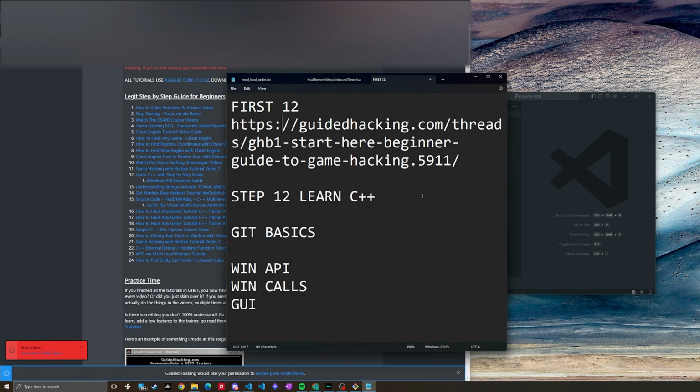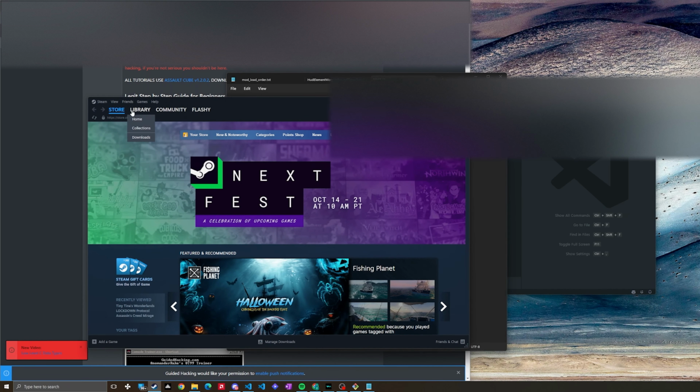So let's do the first 12. We'll first practice on the cell cube. We'll learn C++. We'll do some Git basics, API, GUI, so that we know what we're even doing at that stage, and then we're going to go in and